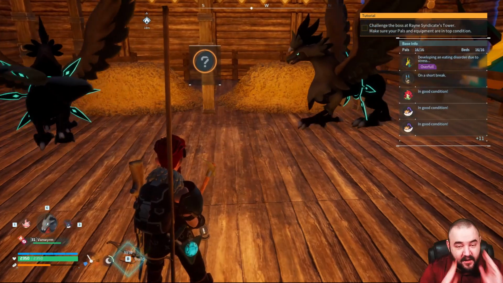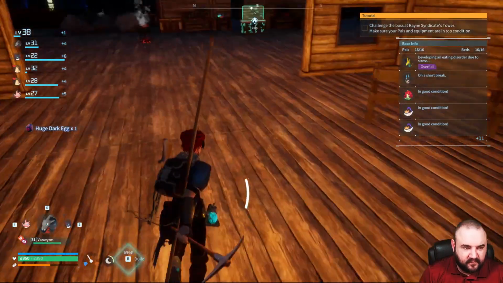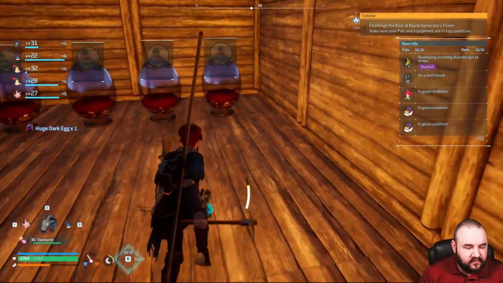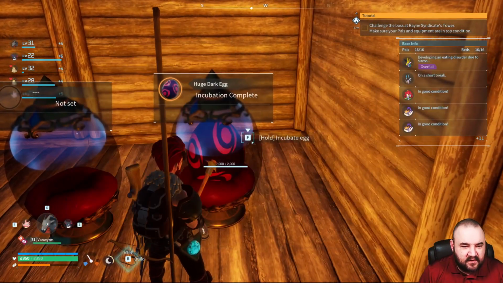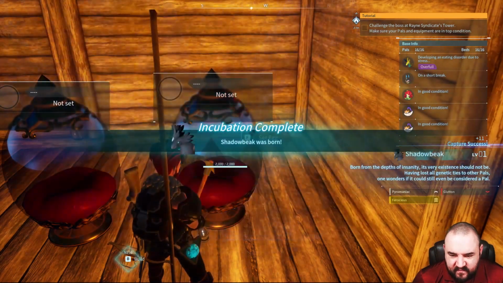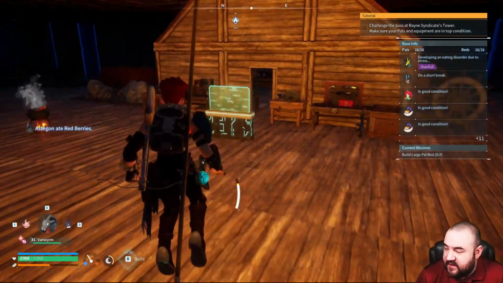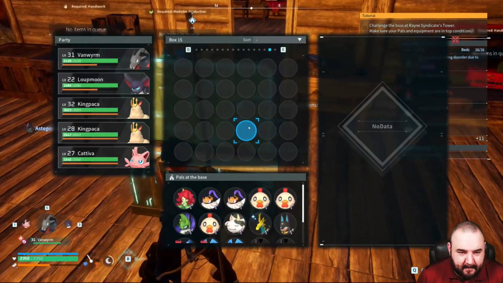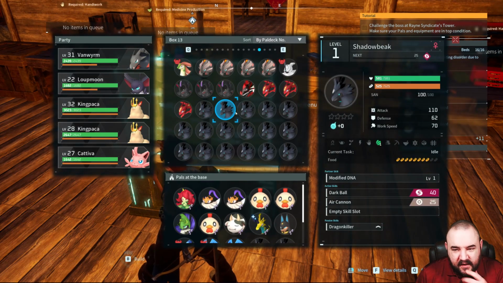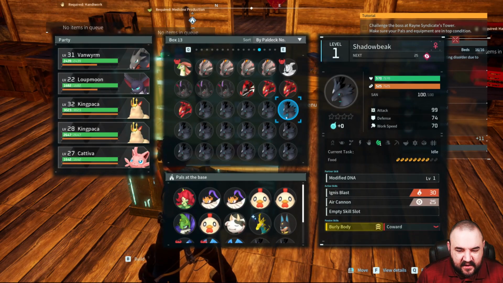Oh, these shadow weeks are not giving me what I want. Come on, guys. Come on, baby, light my fire. I do not want to have to put points into something and then have to take them back. Wow. Like they're getting worse, not better. He even came out good. He didn't come out bad. Ferocious Vanguard, that's not bad. I mean, it's not good, but...